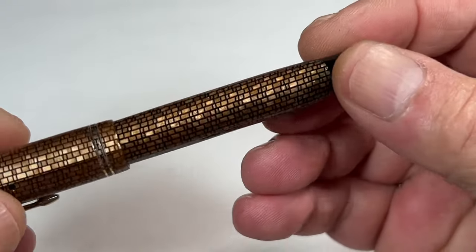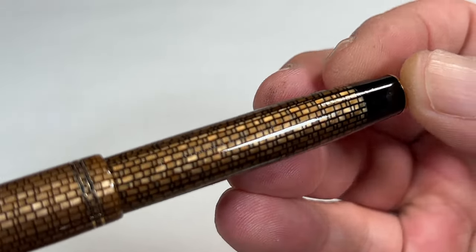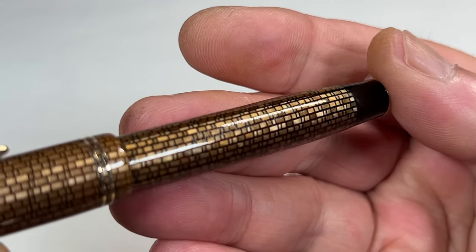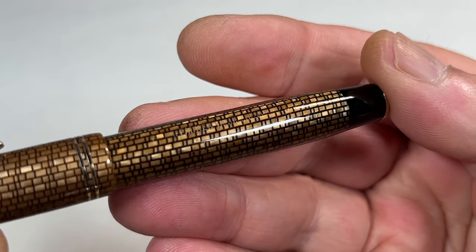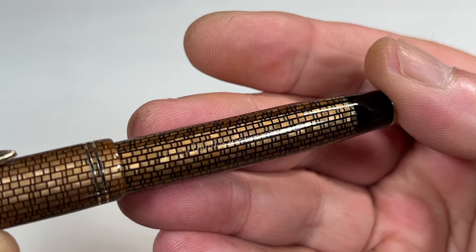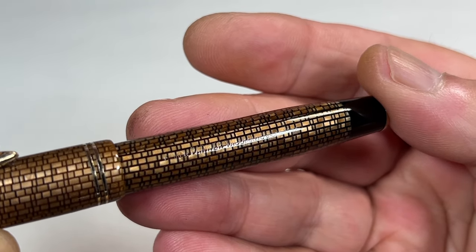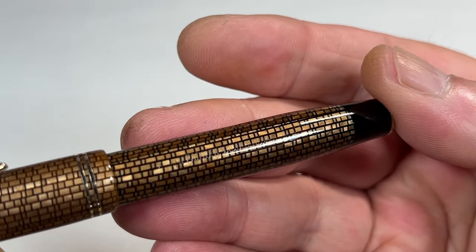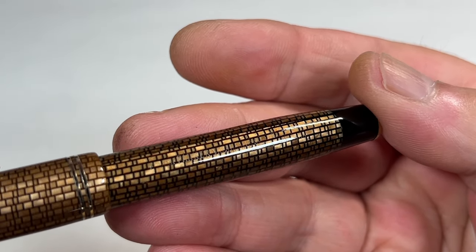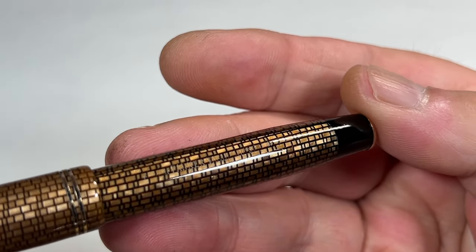Now, let's show you the barrel imprint. It's a little bit on the light side, but you can actually still see it. I don't know how clear it'll be on the video and whether I can actually find it. I think that's it there, but it actually reads to the left. It has a small Parker, and then in larger font to the center, it has Parker Vacuumatic. To the right hand side, made in USA. And then to the furthest right, it has a number